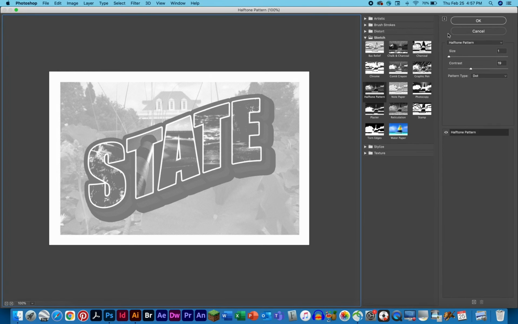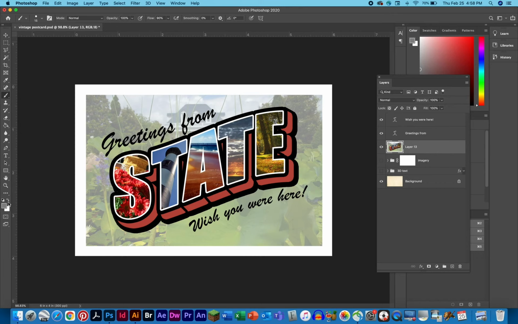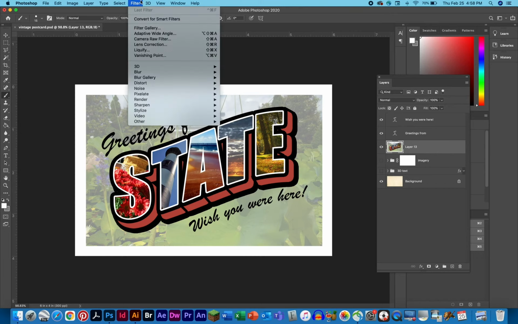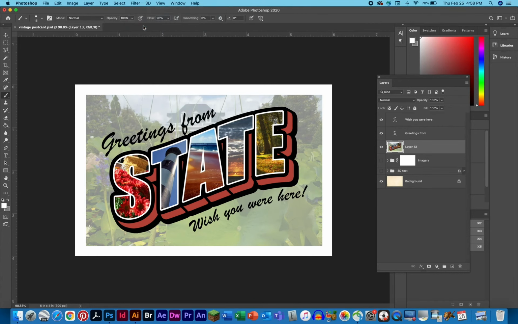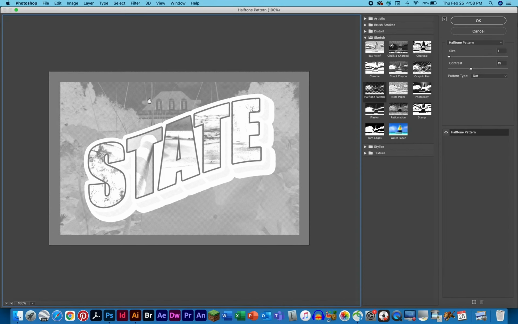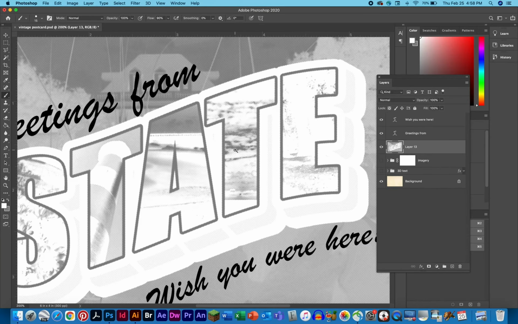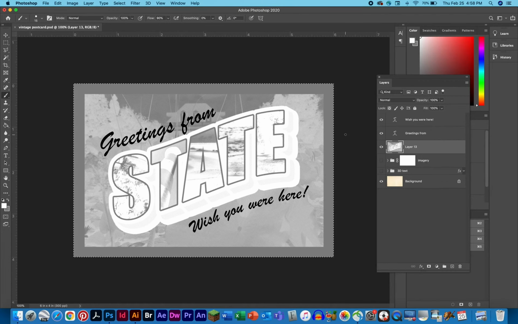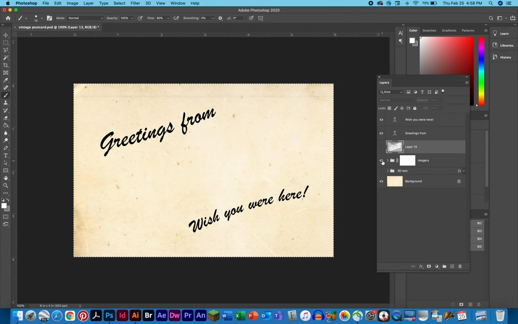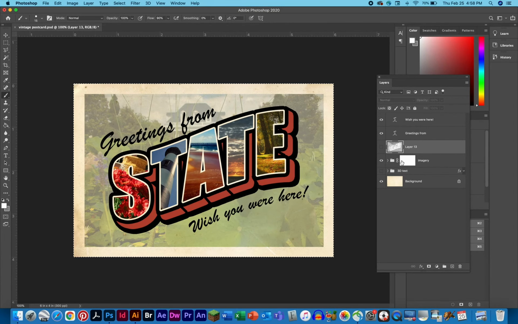But when we make our mask, we're going to want everything to be in reverse. And what I mean by that is this. Let's cancel that out. Let's flip these colors so that white is in the front. Now we go up here to filter and go to the gallery, and you can see that everything is in reverse. Why is that important? Well, if we hit OK, now we have a black and white image here that we can select all, we copy that, turn it off, turn back on our group that has all of our images in it,